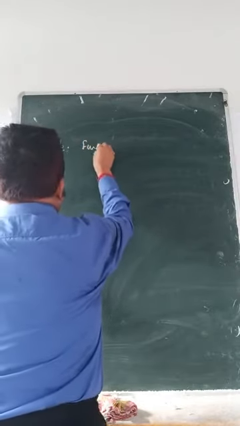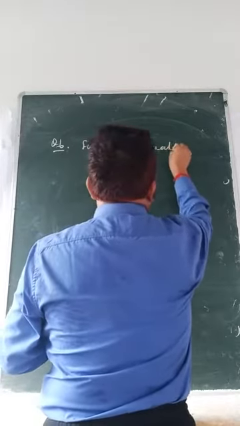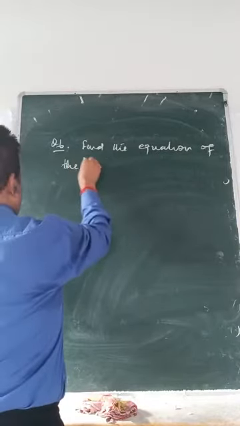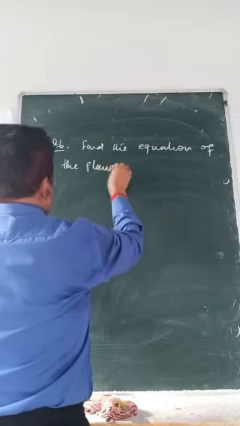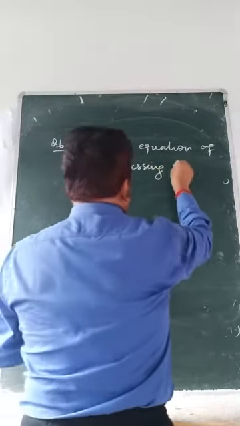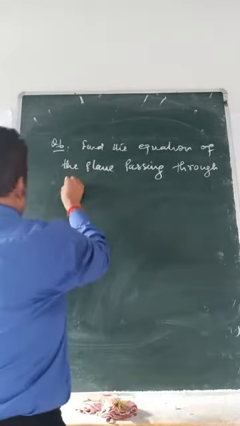Find the equation of the plane passing through the points